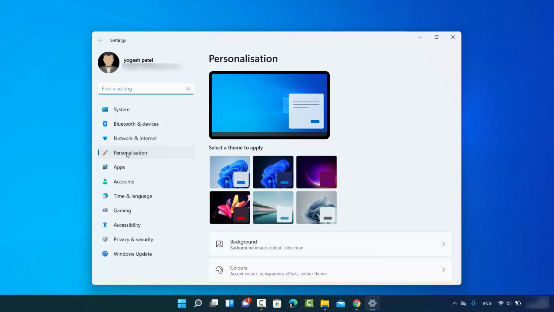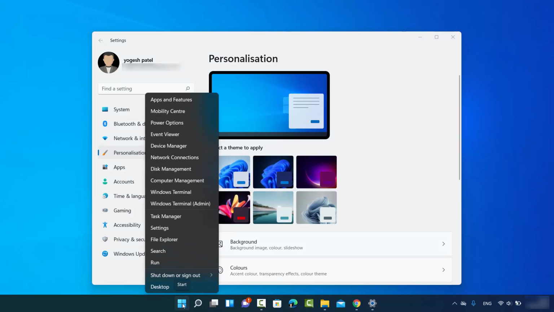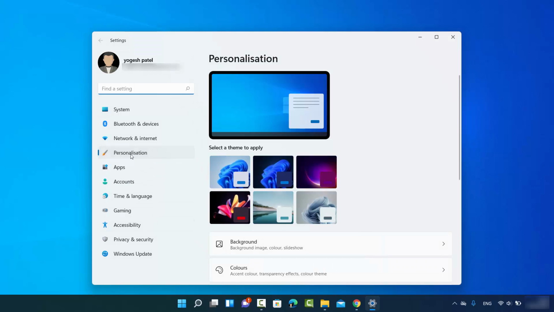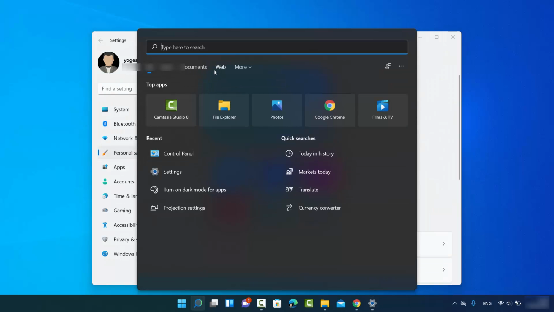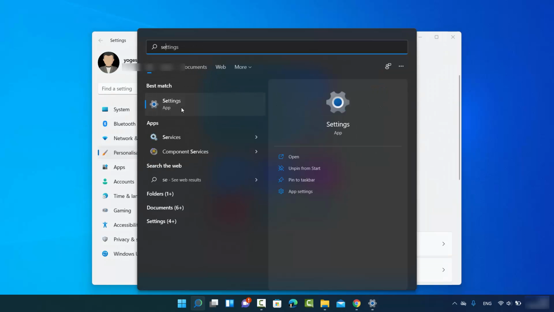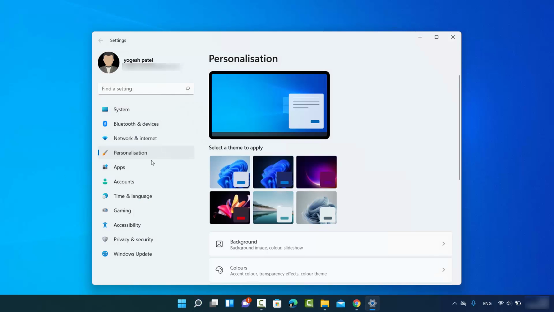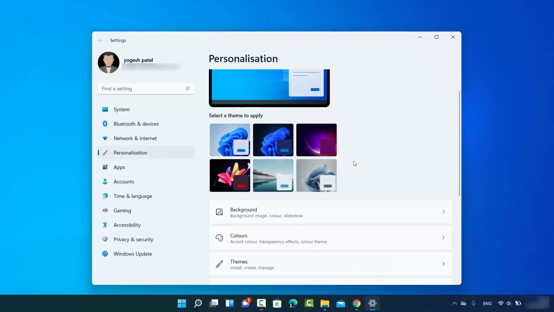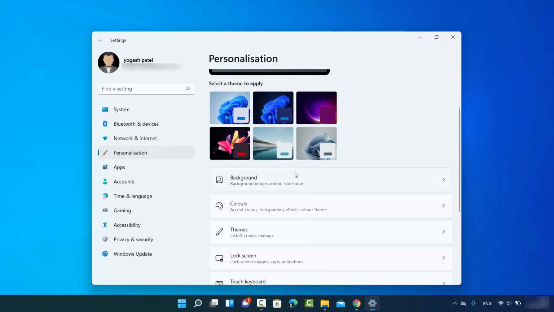You can reach this personalization option using the settings also. So you can right click on the Windows icon here and click on settings and then click on this option which says personalization, or you can just search for the settings app here and click on settings and then just choose this option. Okay, so there are several ways of reaching this point, and then just scroll down here